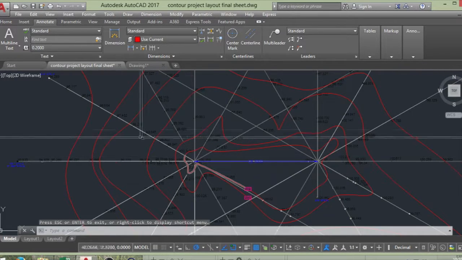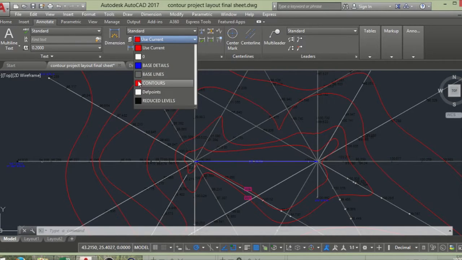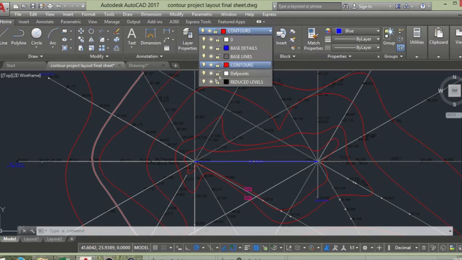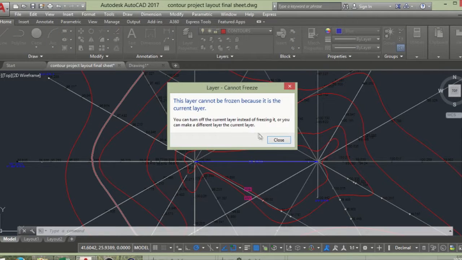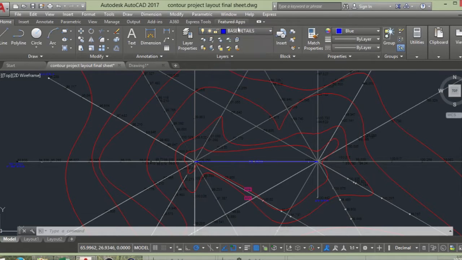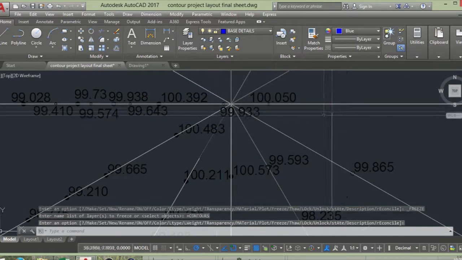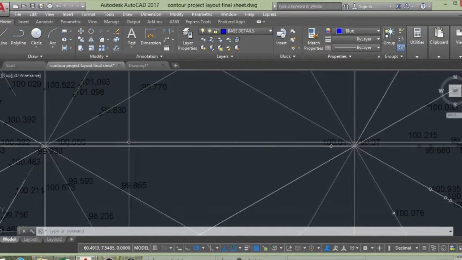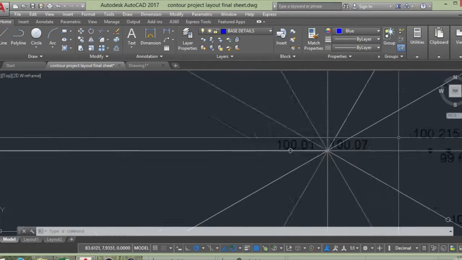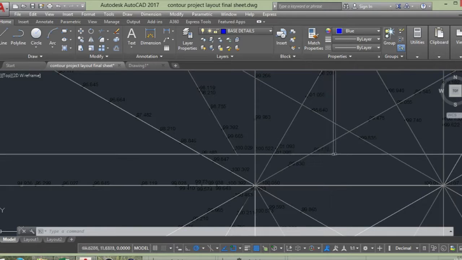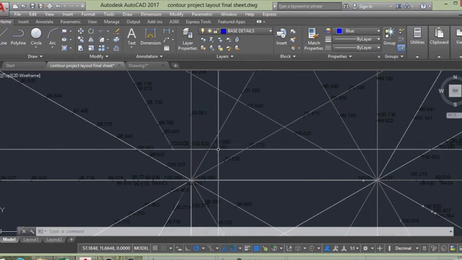Inserting all these values, I will create, I'll turn off the controls, so it's getting confusing. I'll create a grid like this. As you can see, I've inserted all these values: this 100 and 100.07. The second station starts from this point, and then similarly I shall be inserting all the values